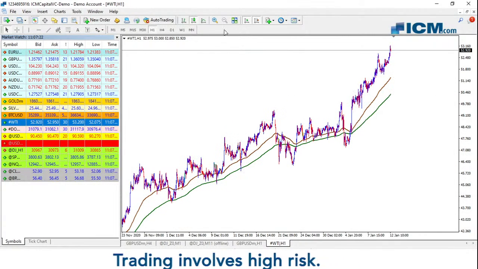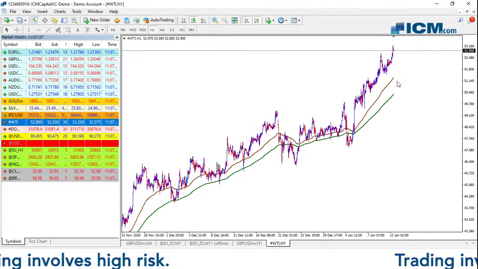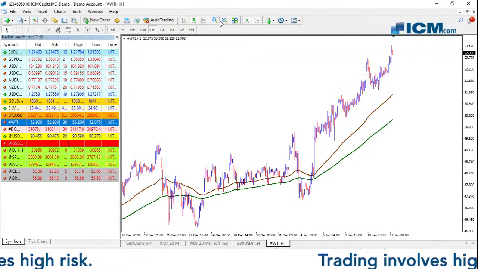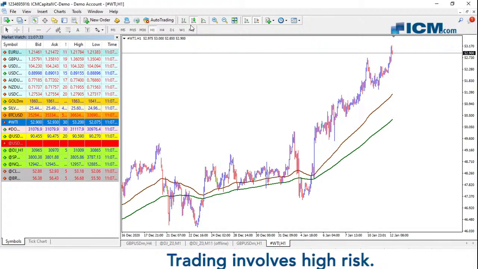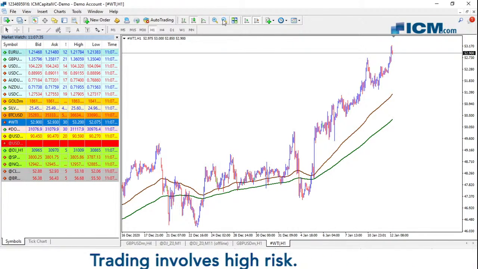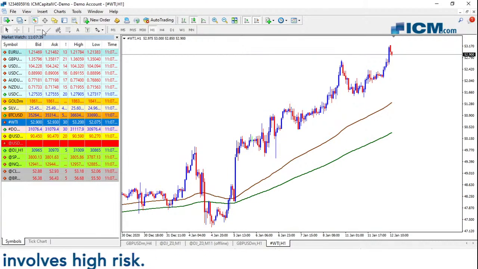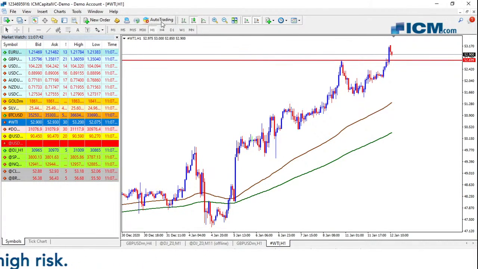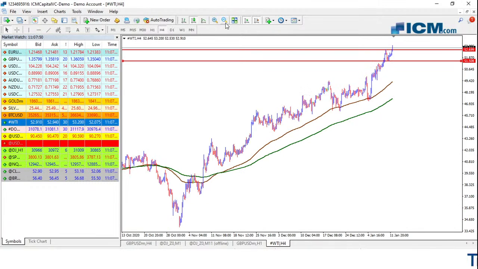WTI is pushing higher, trading above 53 for the first time since early last year. This is just supported by oil producers acting to try to stabilize the market as much as they can, and this is just working for a while on oil. If we're able to break back below 52.70, we could be just retesting the 51.40 area, which looks to be building some key support. Else we could be rising towards